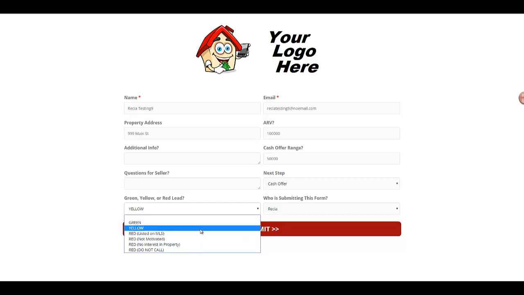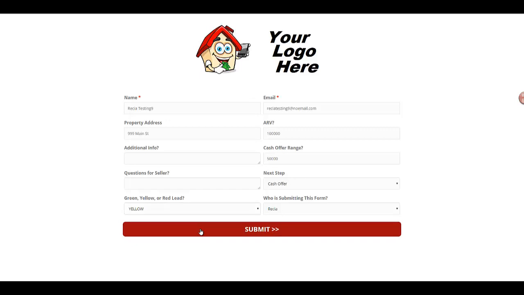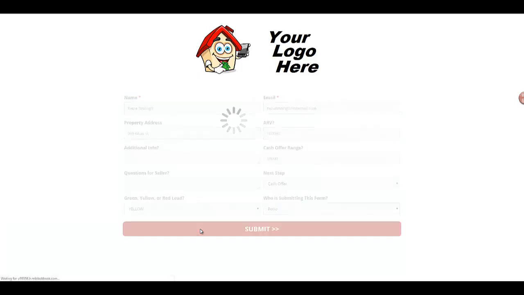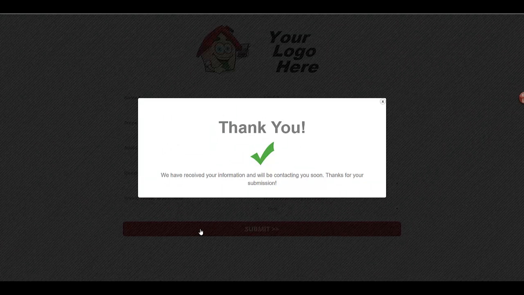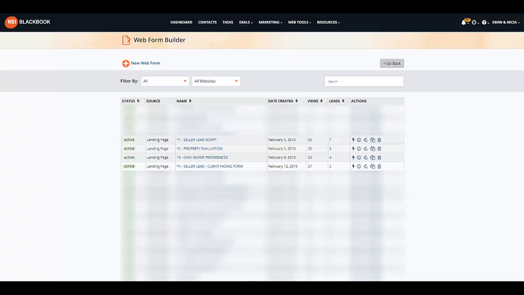Because we're going to go ahead and give them the cash offer, and there's nothing to say that they'll say no to a $50,000 offer, we're going to leave it as yellow. Then we're going to click submit, and we'll receive a pop-up to show that the information has been transmitted successfully to REI Blackbook, and we can go to next steps from there. So we'll go back over to REI Blackbook,